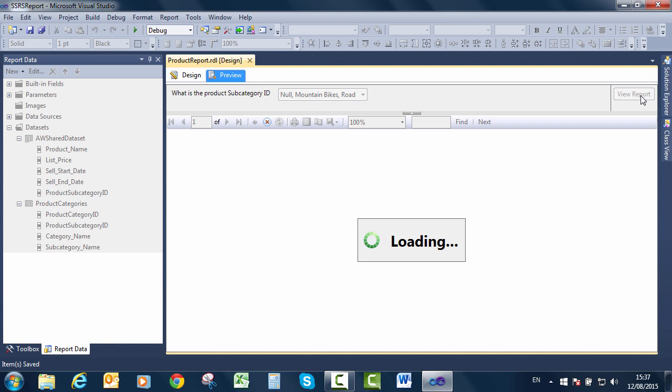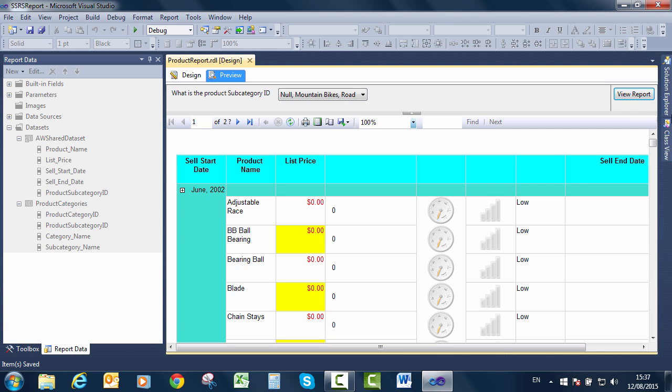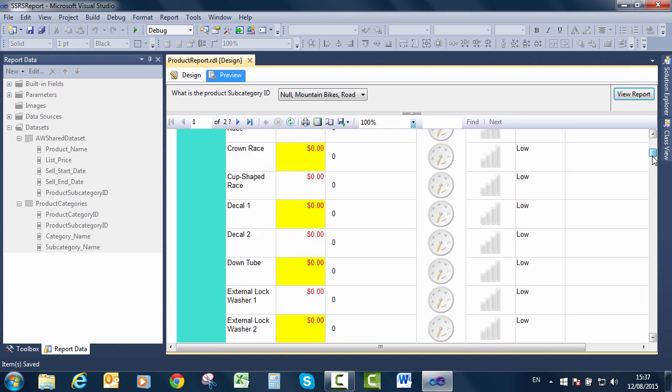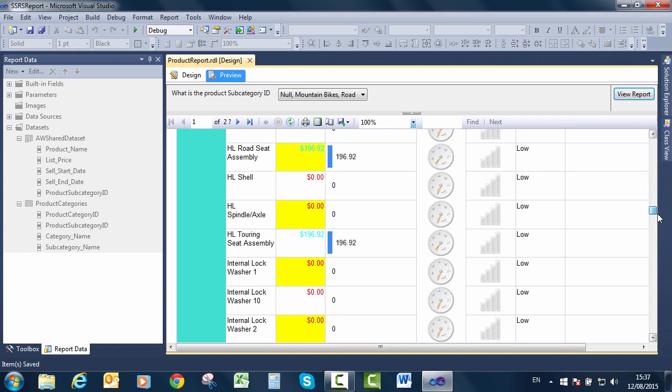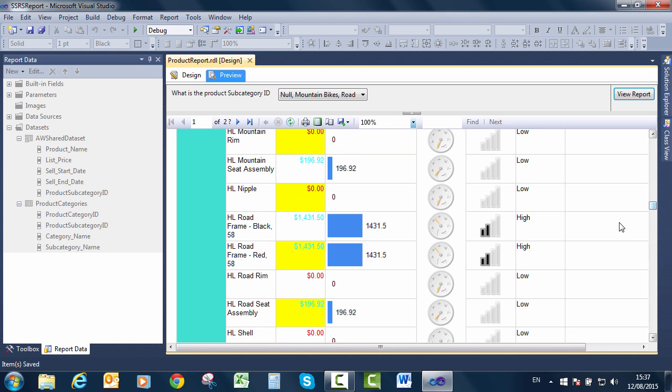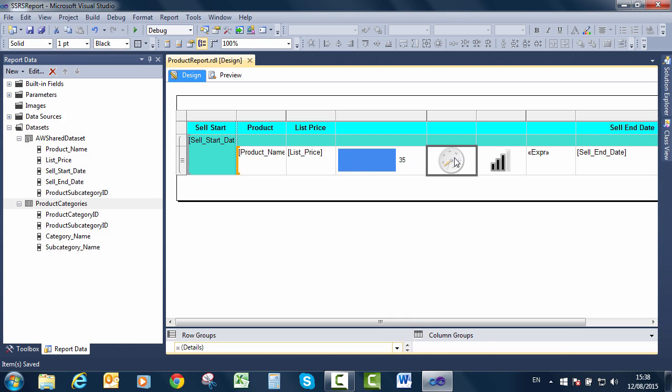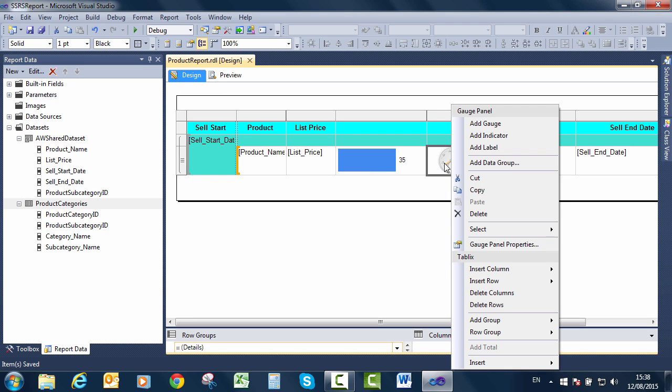For zeros, the pointer is now lying again nearly straight down, but when we get further down to non-zero values, here you can see a little bit of a movement for 196, and when we get to 1000 and change, there we can see a lot of movement. Now, if you could see a bit more clearly, you would see that there are actually numbers written down here as well. Right, so what else can we do with a gauge? Well, we can add